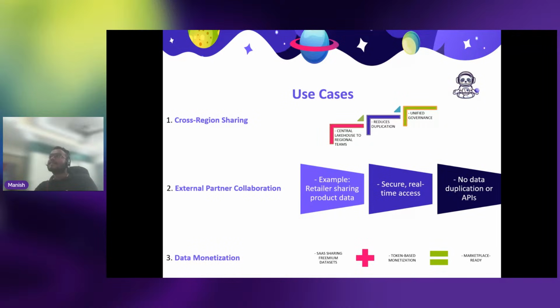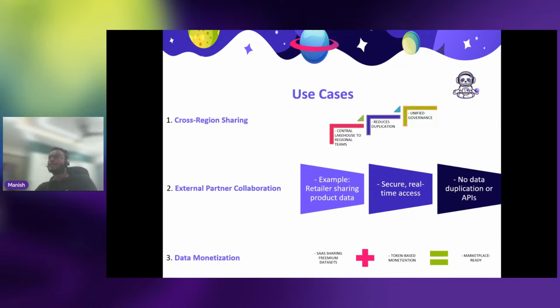Again, the use case is that you can share the data across multiple regions. Let's assume you are working on a project that contains data in multiple workspaces, and for one of the use cases, your sales data is in one Databricks workspace and your marketing data is in another workspace. You want to combine both data sources to get insights. What you can do is use Delta Sharing. With the help of Delta Sharing, you can get the data in real time and you can do the collaboration.